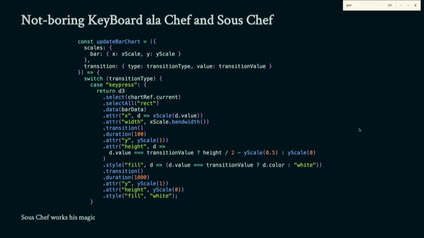So in this case, I'm using a switch statement for the transition type, similar to what Redux does. And there are different cases for each user interaction or each change that we want to initiate a transition. So in this case, a key press. And we see that we have transitions to increase that bar. And then when that transition ends, we just have another transition method appended. And we run the transition to return that bar to 0 and change the color back to white.